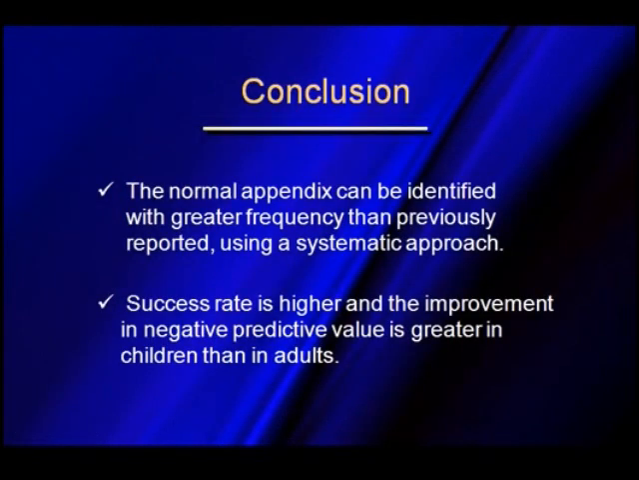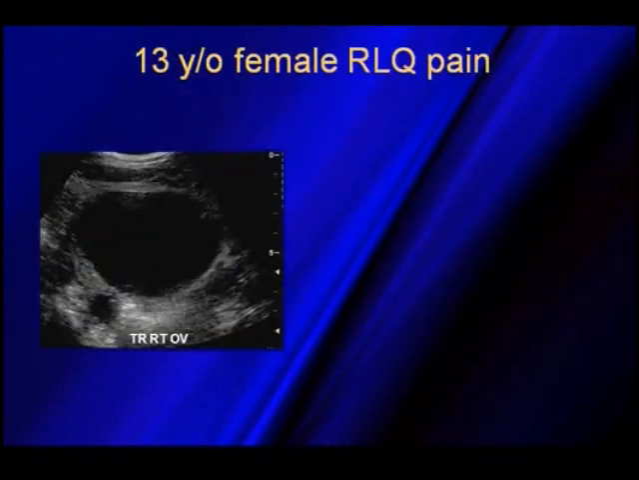So, conclusion: in looking at the normal appendix, we can identify it with greater frequency than was previously reported when we use a systematic approach. Success rate is higher and improvement of negative predictive value is greater in children than it was in adults in the study we did. A lot of times when we get the young children that come in, you can see